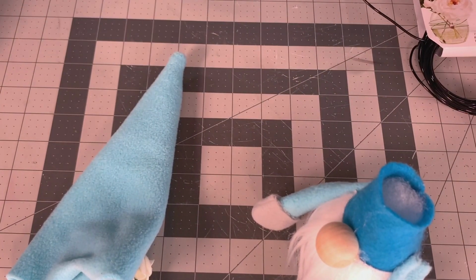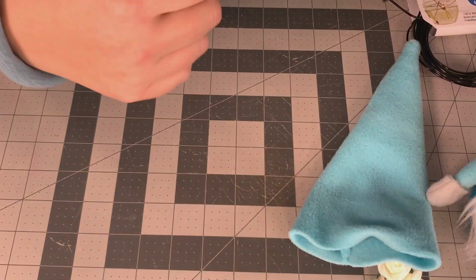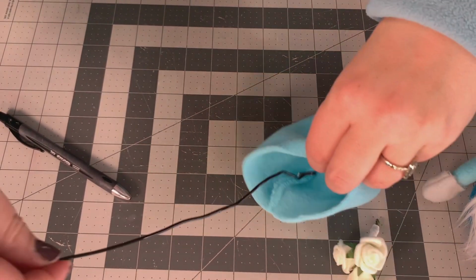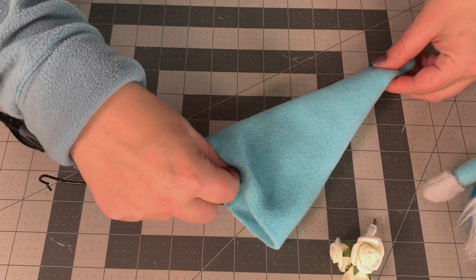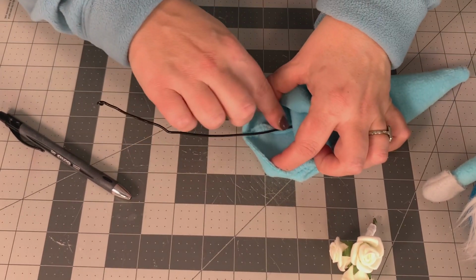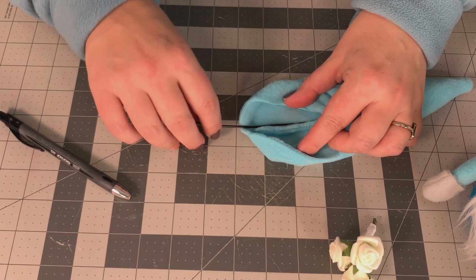So for the bendable hat, you need two things. Number one is polyfill, and the second is floral wire. This is floral wire from the Dollar Tree. I'm just going to loop over one end over the edge of a pen, stick it all the way up along that back seam into the tip, and then I'm going to add glue right into this little sewn channel